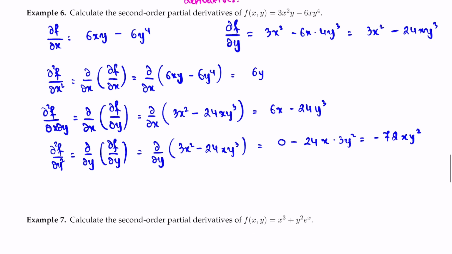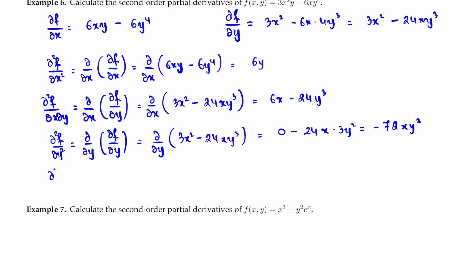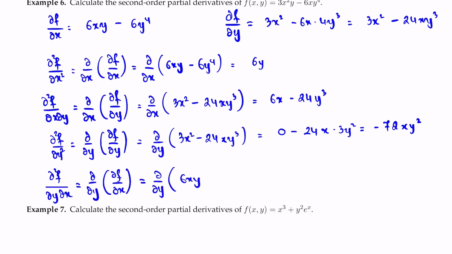Now for the last second order partial derivative, you get partial squared f partial y partial x, or this is partial y of partial f partial x, or this is partial y of 6xy minus 6y to the fourth. And when you take this partial derivative with respect to y, x in this context is a constant. So therefore, the partial derivative of 6xy with respect to y is going to be 6x